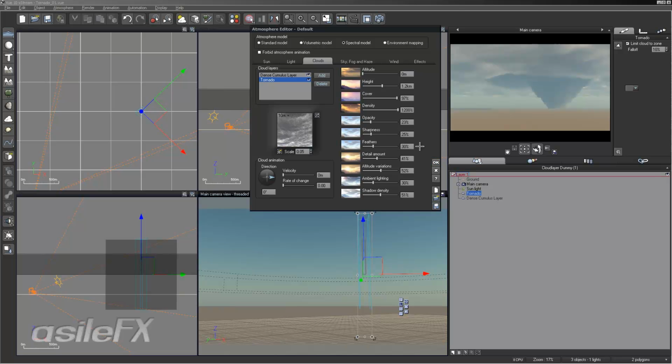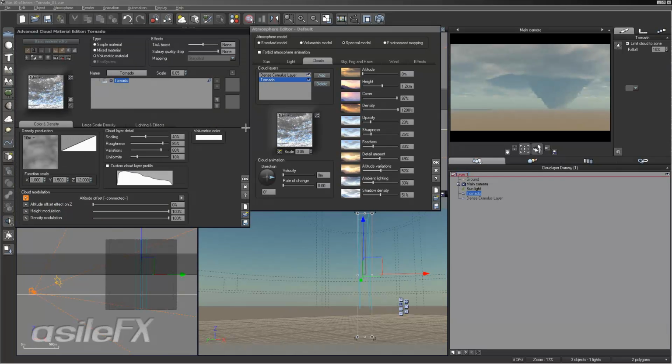The detail layer plays a large role in the look of the cloud. We can adjust how much we see the detail layer and multiply into the density layer. So we have our density production, and then there is a detail slider that uses the cloud layer detail and multiplies those values into the density production, or subtracts, mixes with them. It really depends on the strength of the other sliders and the overall output of the density production in order to create the cloud layer that's more detailed,